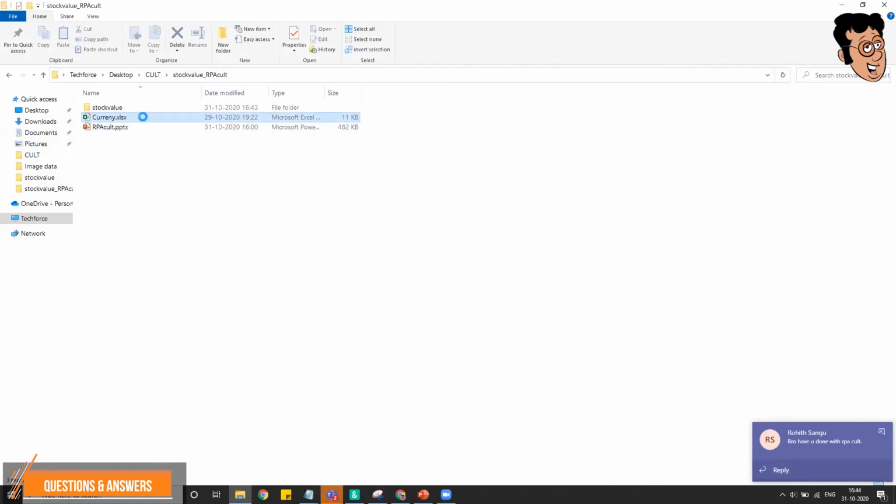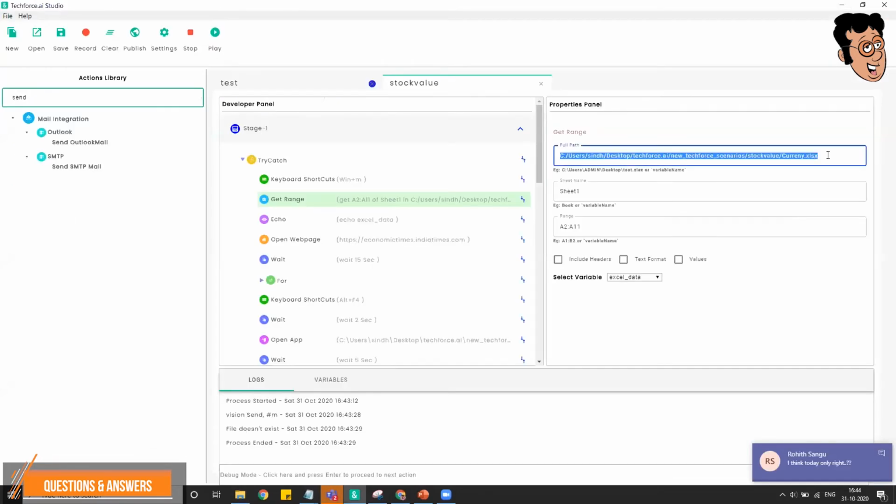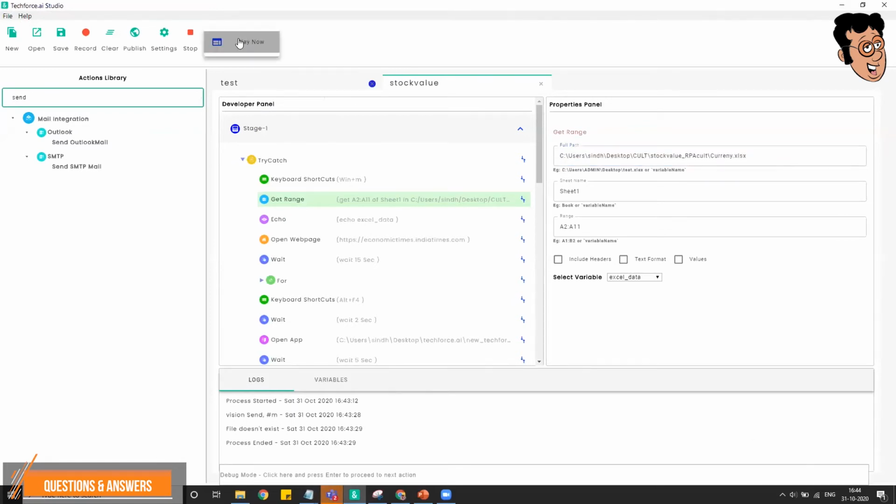Are you sharing this Excel with some user on WhatsApp? We send the snap of this Excel, not the Excel itself, but the snap we are taking. We are going to send it to the user's WhatsApp number. Okay. Sorry for the inconvenience.